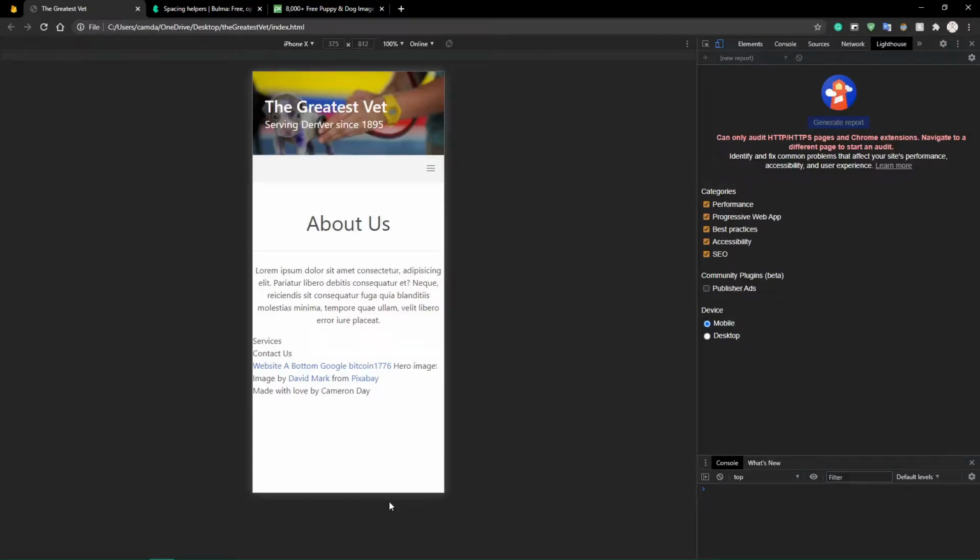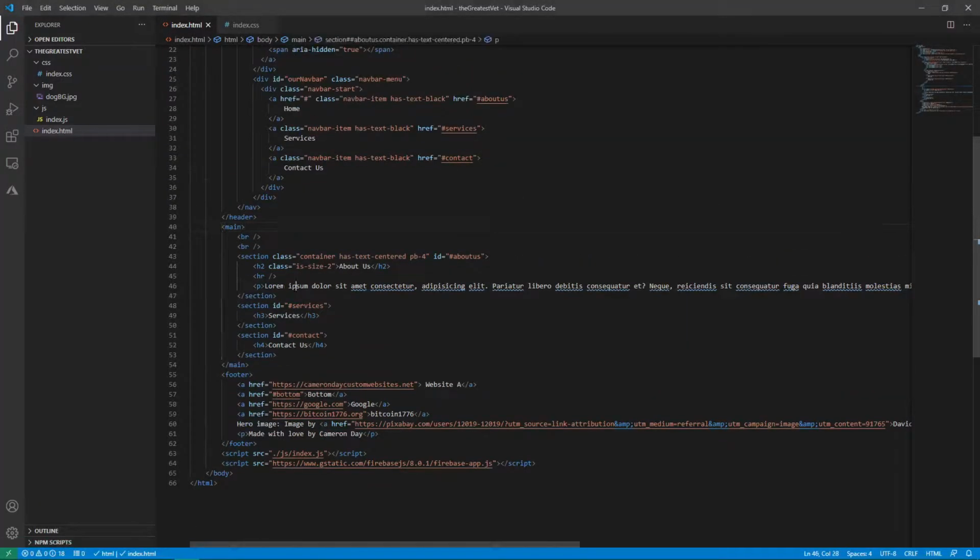Hey guys, in the last video we went over our dev tools in Chrome. In this video we're going to start adding some content to the website, some real text. So we'll come over here to our VS Code editor, and what we'll do is delete this lorem ipsum